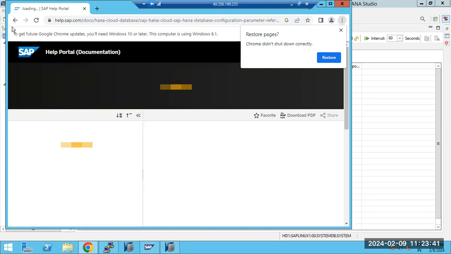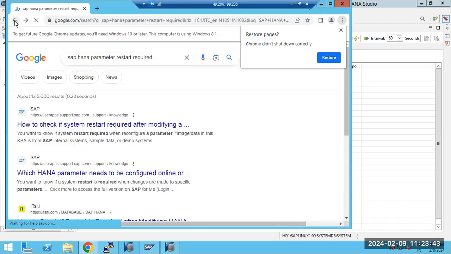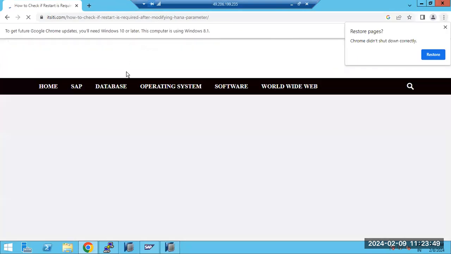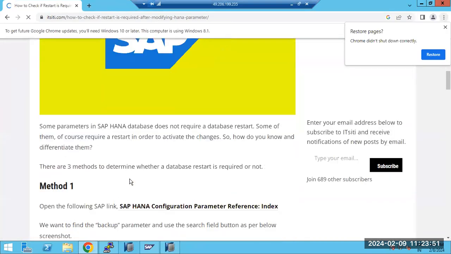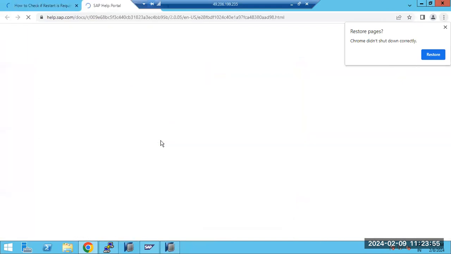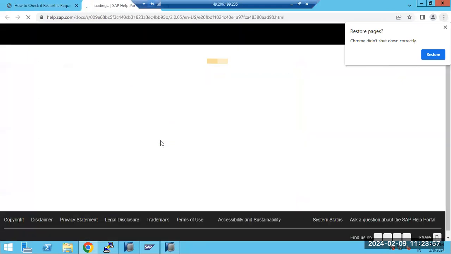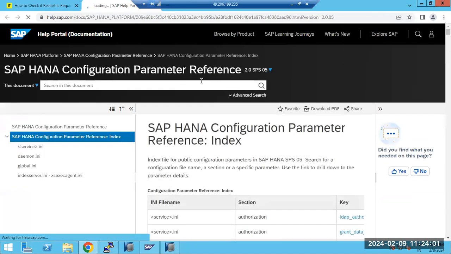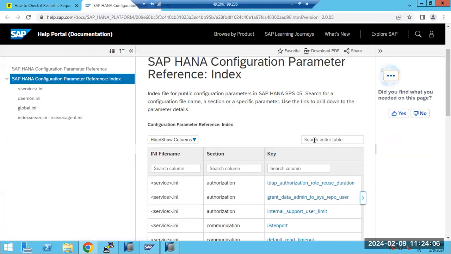That will be displayed here. So there is one note here. Let me open that note. Yes, this is the one. This is the help site here. If you go to the HANA help site, you need to check in the table. Suppose you have changed the